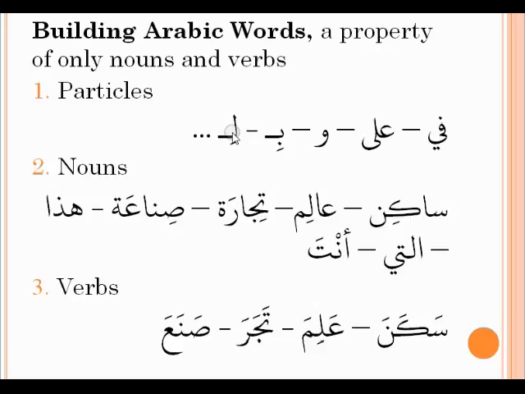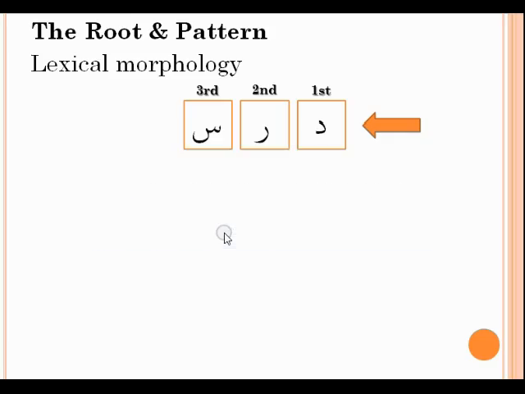It can have several meanings, and this is the thing with this group of words. So they don't have precise meanings. Opposite to them are the nouns and the verbs, which have concrete meanings, which is basically the root of these words. So once again, the root and pattern system,